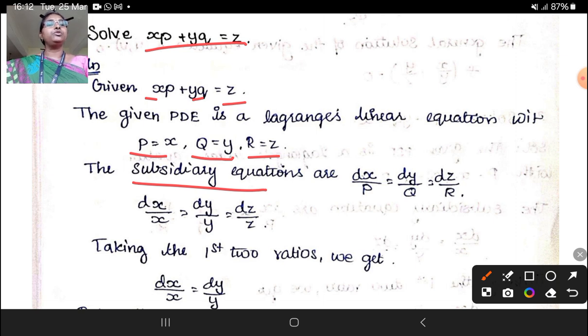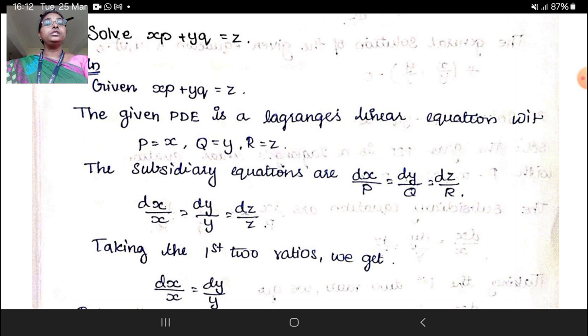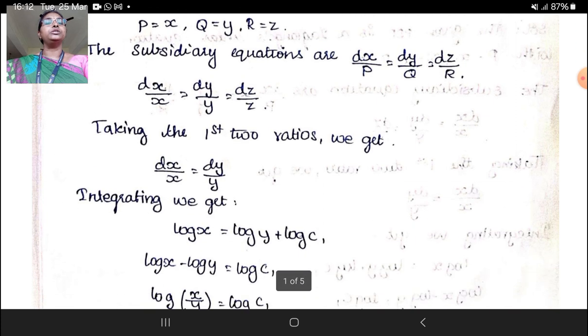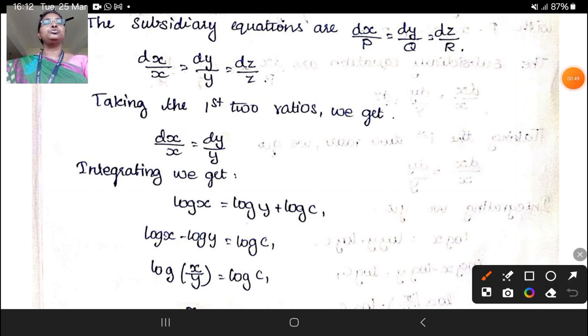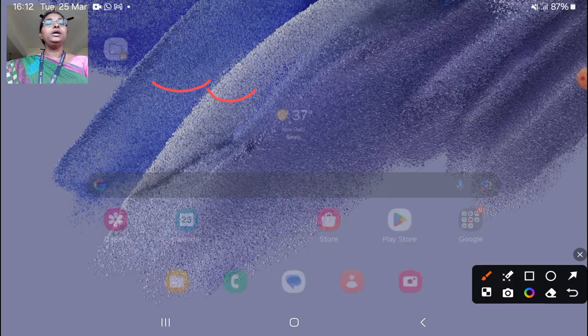dx by P equal to dy by Q equal to dz by R. So instead of P, Q, R, we can write the given values, and each and every ratio is in equality. I am taking the first two ratios first and then the last two ratios. First two ratios: dx by x equal to dy by y. Integrating on both sides, we get log x equal to log y